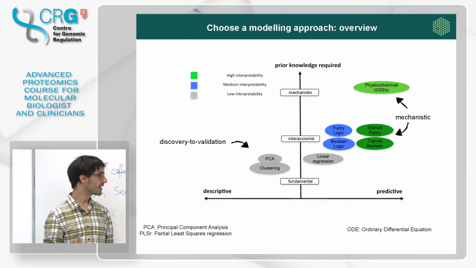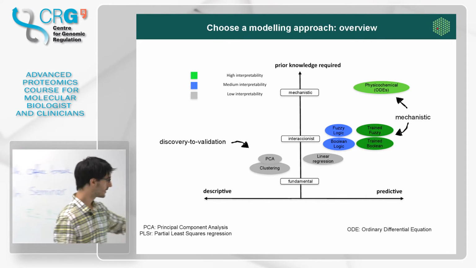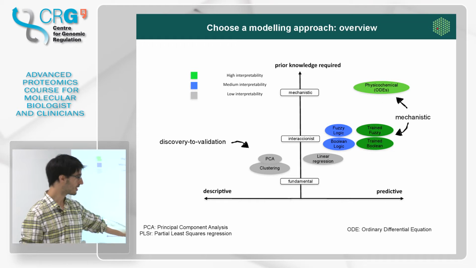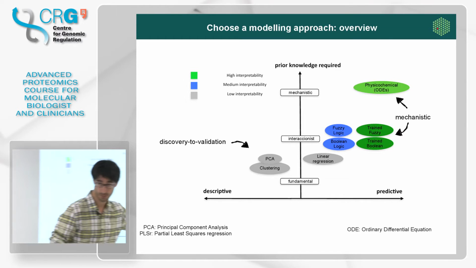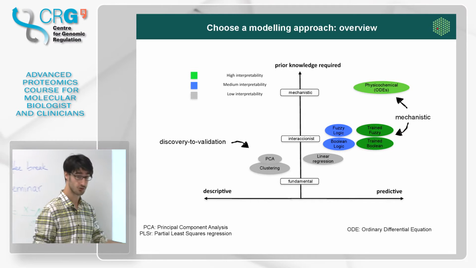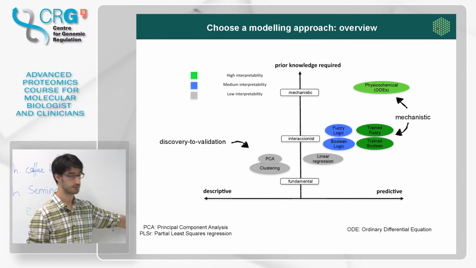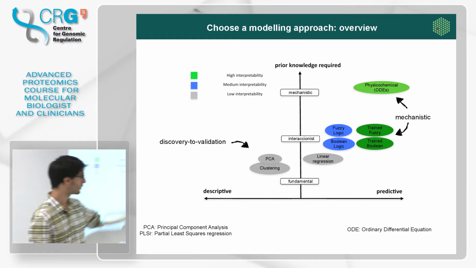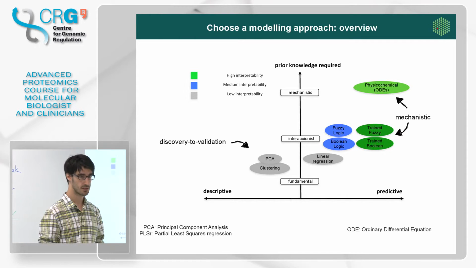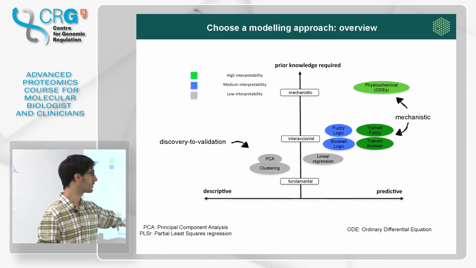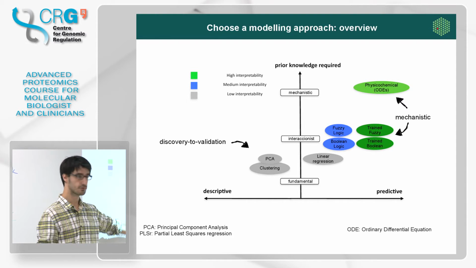Okay, so imagine that I distribute all models in these two axes here. The first axis, the x-axis, is going to represent, to the right, the models that are more predictive, and to the left, on the contrary, the models that are more descriptive. And the y-axis will show how much knowledge you need about your system to be able to use those models. So here, for example, you would have types of modeling approaches that require very fundamental knowledge about